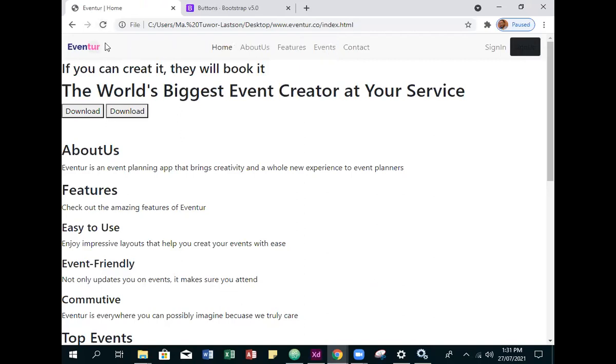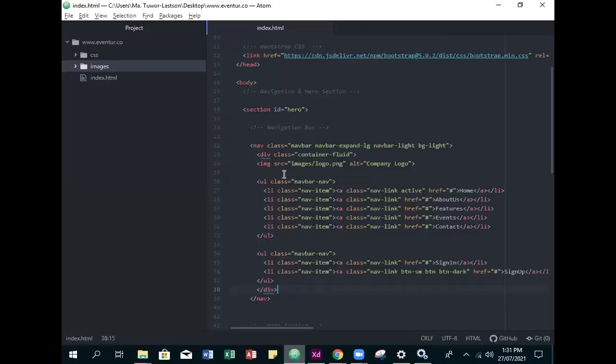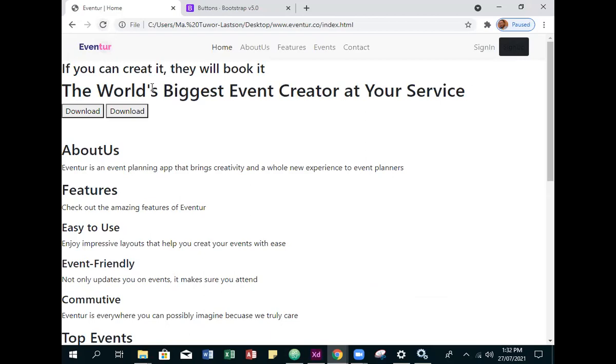Okay, so now we have what? We have the logo on the left, we have some link in the center, and then we have our sign in and sign up button on the right, as you can see. So the next thing we want to do, let's go back to the code, and instead of container-fluid, let's use container. In this case, we use container, and then let's save, and let's see what we have. Okay, so at least we have it a little padded away from the edge of our navigation